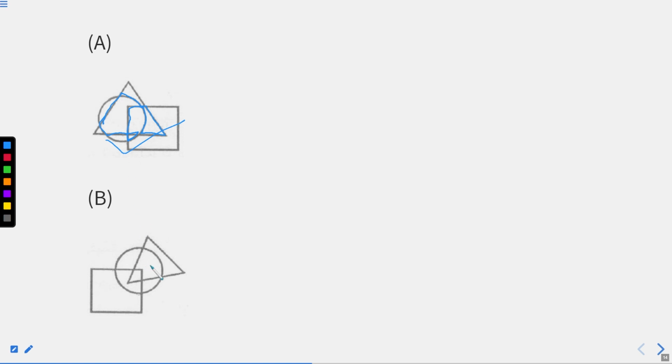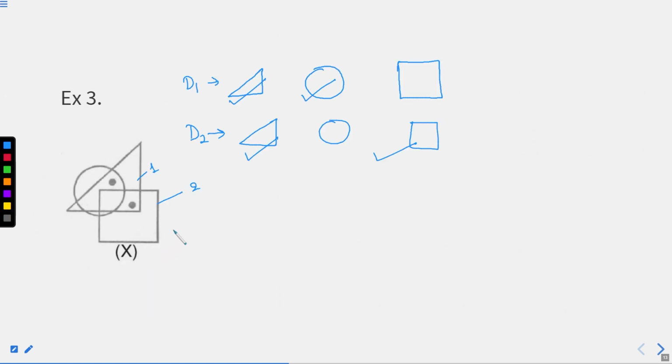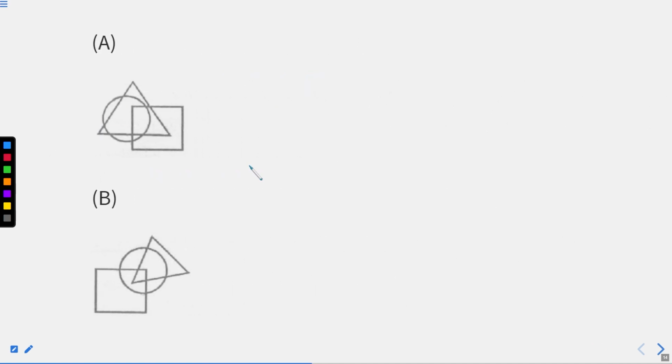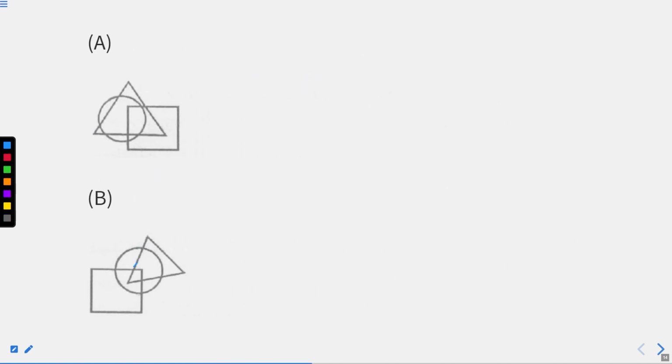So what we need is a common area between a triangle and a circle and a triangle and a square. A triangle and a circle have a common area of this, so we can place one dot here. For the other dot we need triangle and a square, which is not possible here because this is completely inside the circle. This is not going to be our answer. So in the first figure, first we can place a dot here, second we can place a dot here. We satisfy the situation.